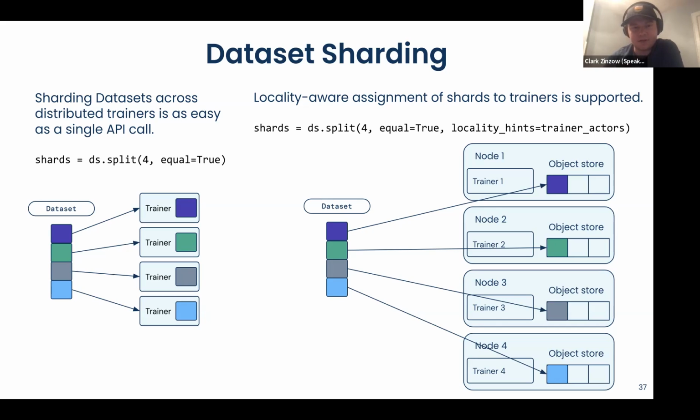And then if you're not using a heterogeneous cluster, if you're doing all of your pre-processing and GPU training on just the set of GPU nodes, this can also happen. What Datasets will do is it'll look and say, oh, cool, that shard is already on that node. Let me just assign it to that trainer. This means that there's no data transfer between the pre-processing stage and the training stage, because we just do locality-aware assignment of the shards. So it just becomes basically a memory reference when going from pre-processing to training, which is good. Less transfer over the network is always good.